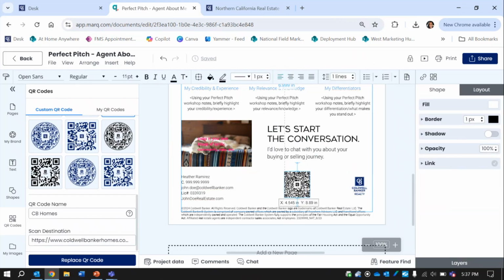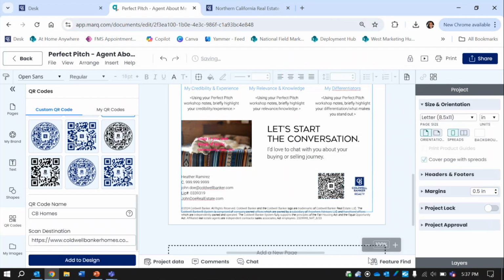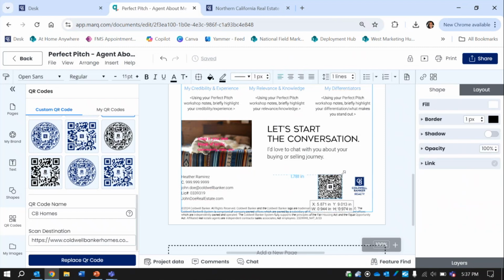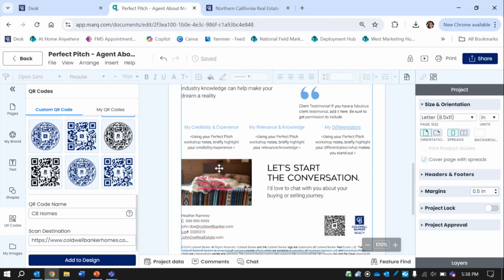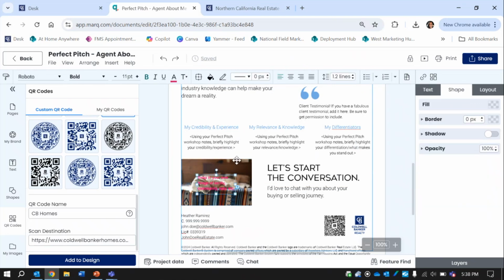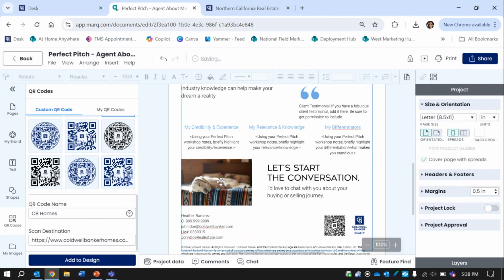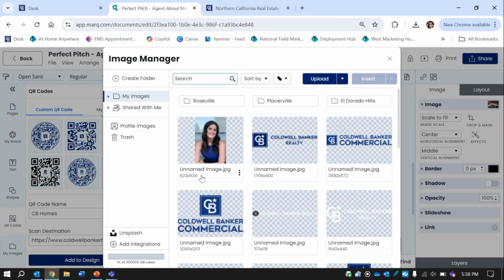So you want to delete that box since we don't need it. And then put your QR code here, and then you can size it however big you want it. Same for this little box. This one says swap in your own image of family, community, pets, etc. So we want to make sure we delete out the words, because that would be silly to keep the words there. And then if you have a picture that you want to keep here, you just double click on it